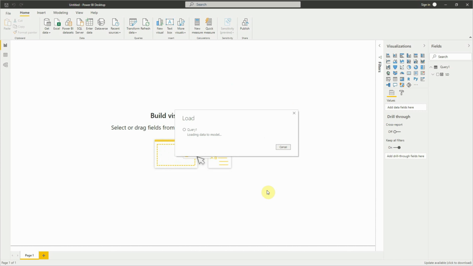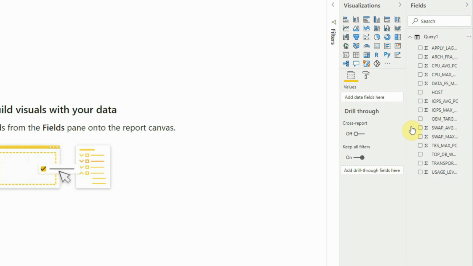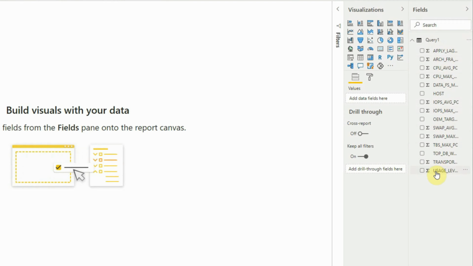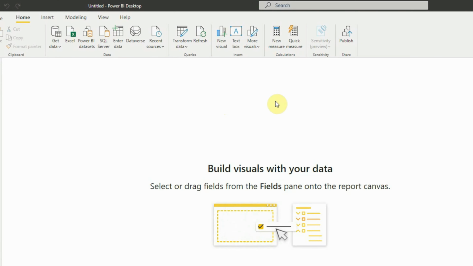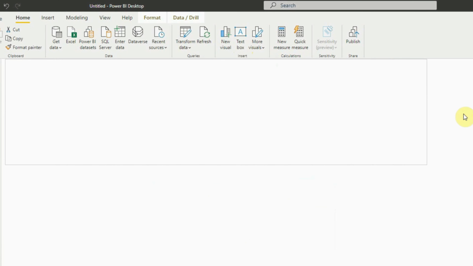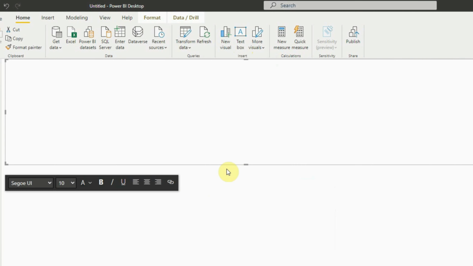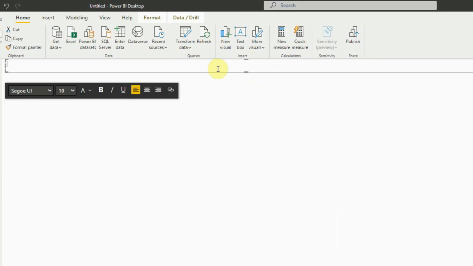Click the Run button again if it asks, and the data to the data model has been loaded, and we can see that the Query 1 structure has been changed, and now we can see the actual fields in the list of fields there. Next, in this canvas we need to put a report header. So you can click on this text box, drag it to the end, and we'll put a name like